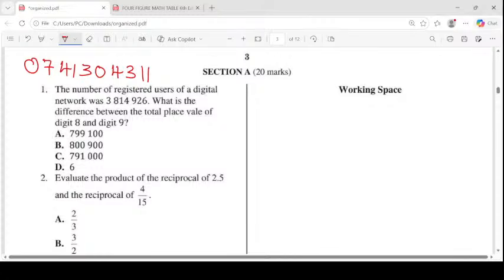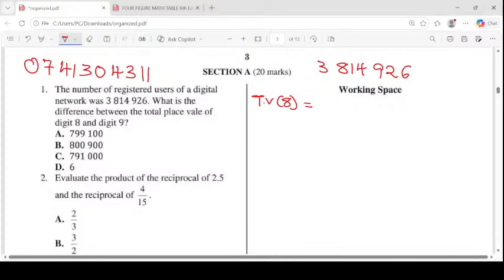Now, let us look at question number 1 of the paper. The number of registered users of a digital network was 3,814,926. What is the difference between the total value of digit 8 and digit 9? They want the difference. First of all, let us get the total value of digit 8. When you have the number 3,814,926,